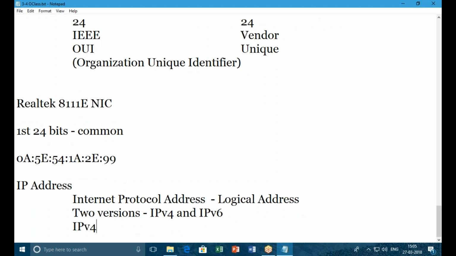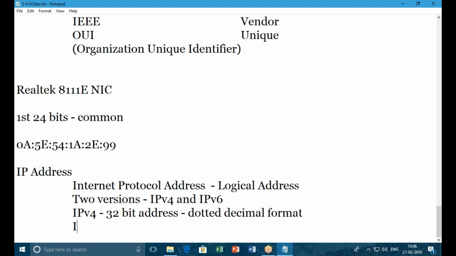IPv4 is a 32-bit address which is represented in dotted decimal format, or simply you can say decimal format, whereas IPv6 is a 128-bit address represented in colon hexadecimal format,